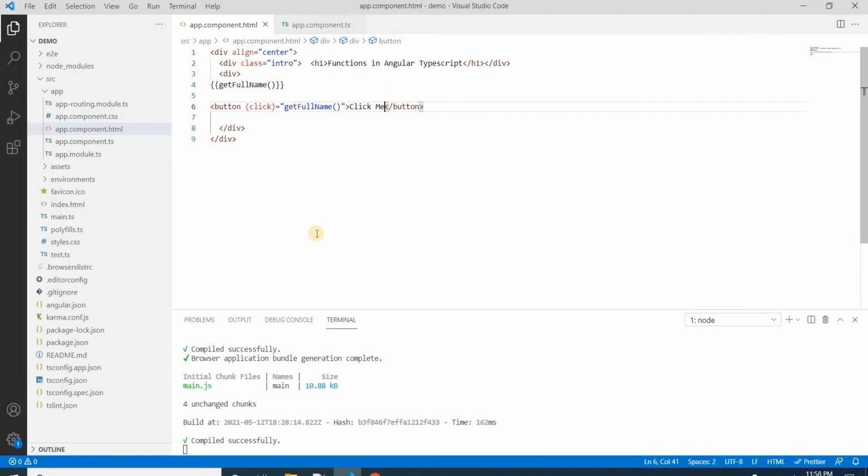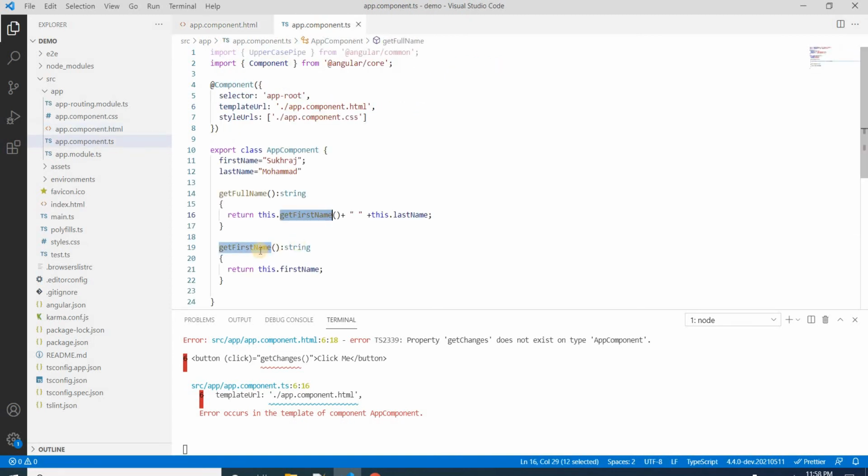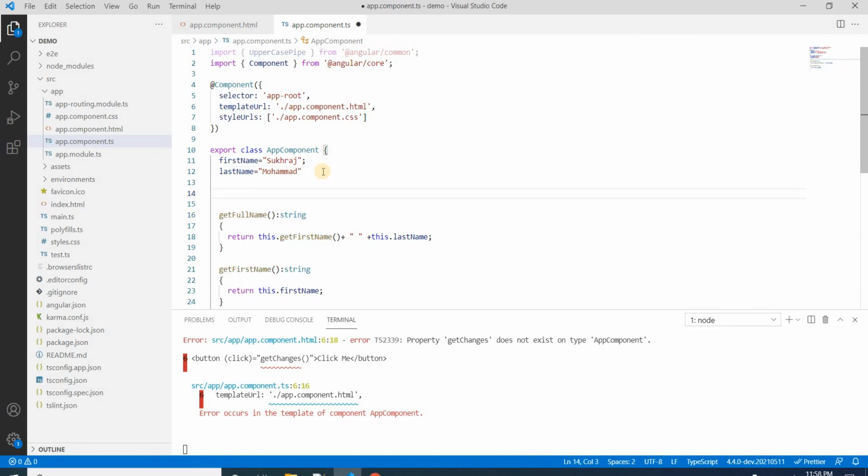So let's create another function, say getChanges, and define it on the top.